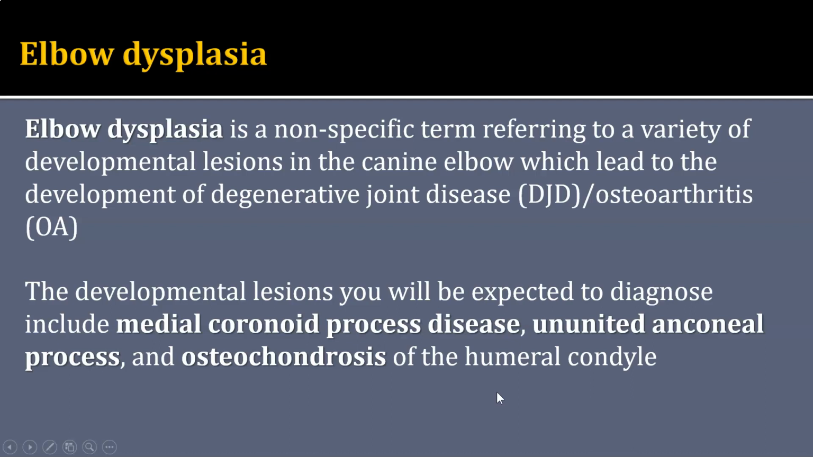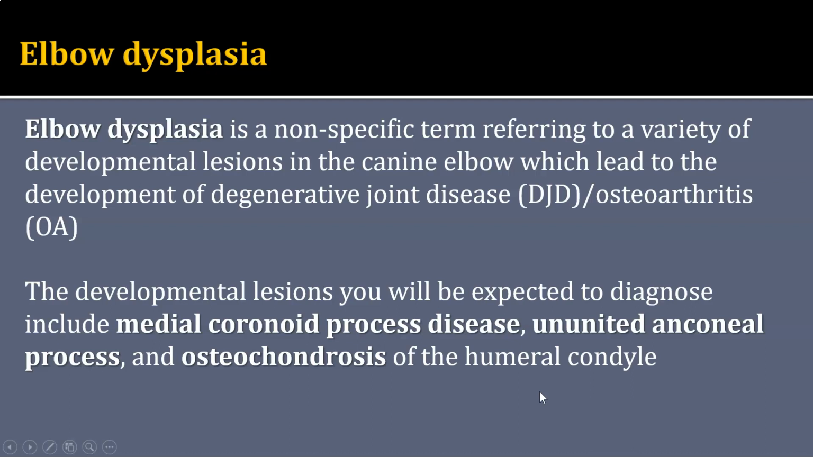However, asynchronous growth of the radius and ulna and the proximal ulnar dysplasia resulting in an abnormally elliptically shaped ulnar notch have more recently been suggested as potential implicating factors in the development of elbow dysplasia. It's also important for you to recognize that one, two, or all three of these primary lesions may be present in the same animal. So just because you identify one of the underlying lesions of elbow dysplasia doesn't mean that